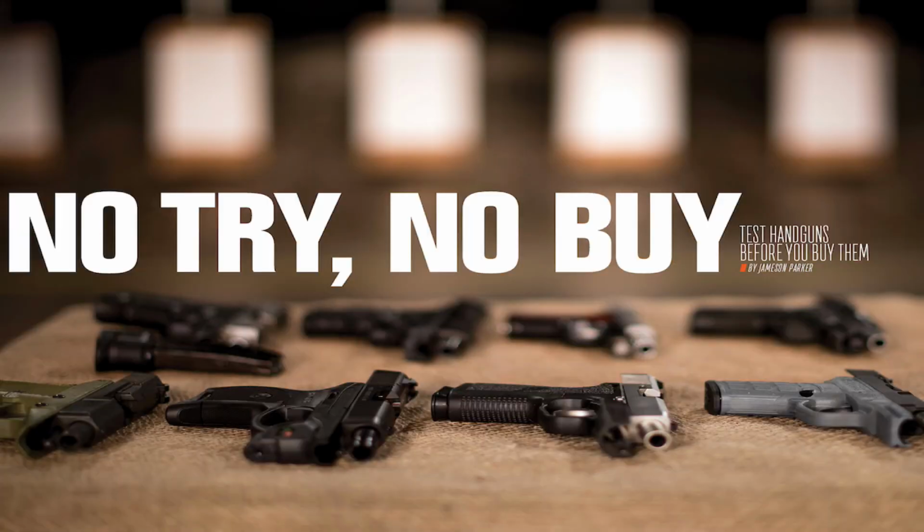I cannot encourage you enough to try to get your hands on whatever firearm, whatever handgun you're looking to go purchase. See if a friend has that handgun or something similar to it. But a lot of gun shops that are partnered with a range, or maybe they have a working relationship with another range, have try-before-you-buy or shoot-before-you-buy type deals. It is usually going to cost you some cash to go in and fire these weapons,